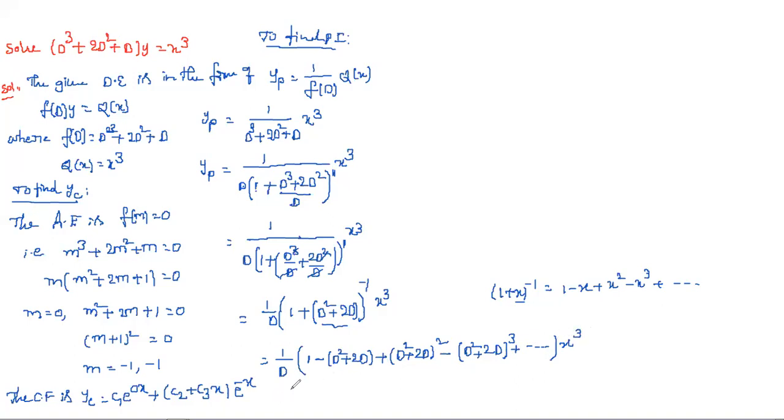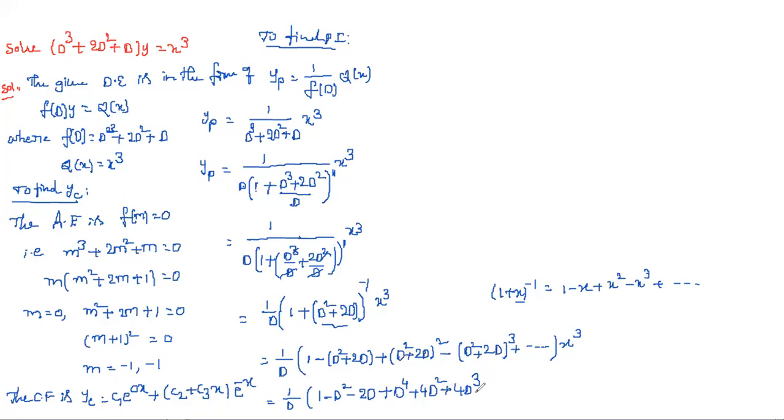So this is equal to 1 by d into, here: 1 minus d square, and next minus 2d, next term. This is in the form of (a plus b) whole square. Simply, a square is nothing but d power 4, b square is nothing but 4d square, plus 2ab is nothing but 4d cube. Is it right or not? 2 into 2, 4; 4 into d square into d, 4d cube.